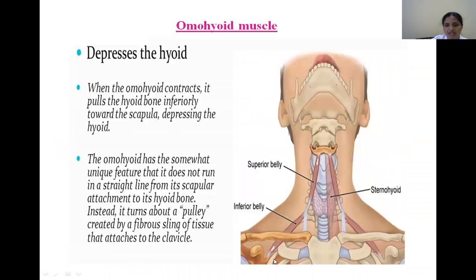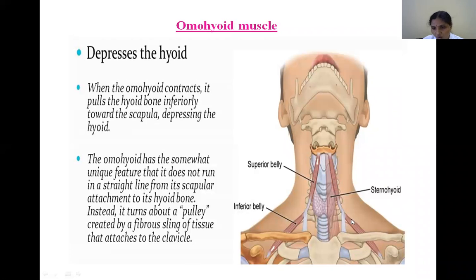So what is this omohyoid muscle? See, omohyoid takes origin from the notch on the superior border of the scapula. What is that notch? Suprascapular notch. The suprascapular notch is converted into a foramen by means of a ligament. What is that ligament? Suprascapular or transverse scapular ligament. So the scapular notch along with this ligament gives origin to this muscle. The name indicates hyoid, so it should go to the body of the hyoid bone.